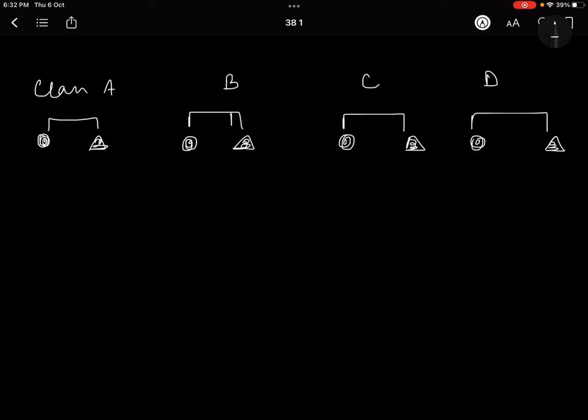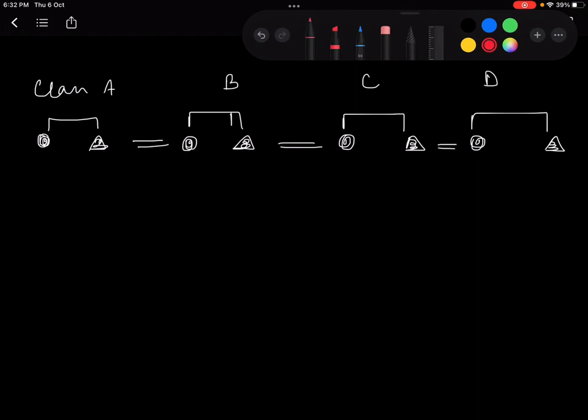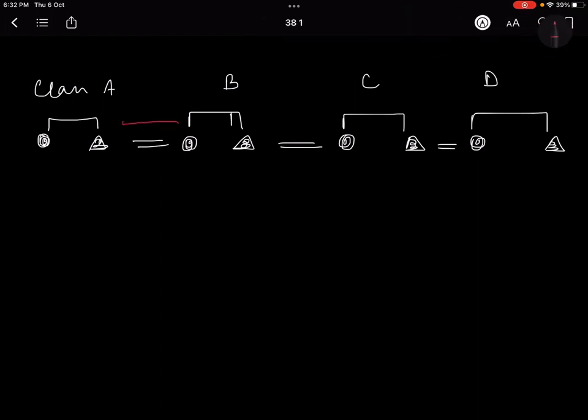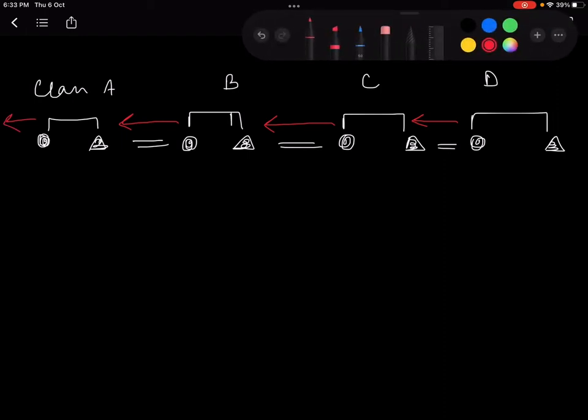ठीक है? So now in the first generation क्या हो रहा है? He will marry this person, he will marry this person, he will marry this person, and so on. So basically if we see the direction, तो direction हो रहा है, they are giving a girl to this clan, C is giving a girl to B clan, D is giving a girl to C clan. So you can see the flow of direction, and A अपने पीछे वाले ग्रुप को देगा, right? So this is the direction that is there. In the next generation,